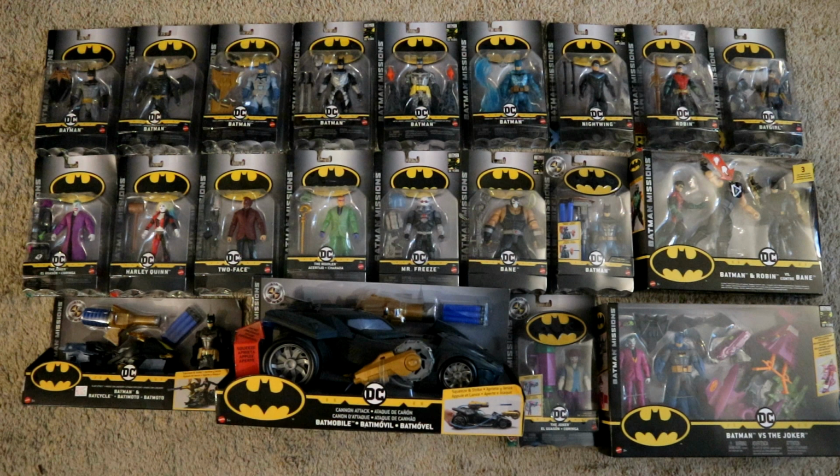So that was my Mattel Batman Missions video. I have a complete collection, both open and unopened. It's a pretty nice line. I think it's underrated and sort of undiscovered out there. The vehicles and the villains are fantastic. The sidekicks are good as well. That will wrap up my era for Mattel